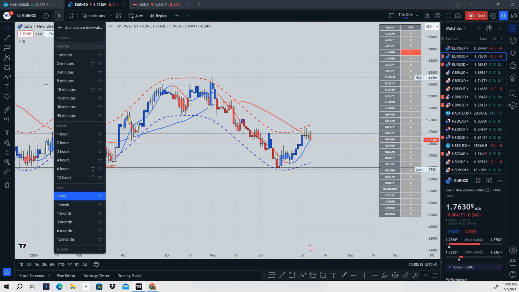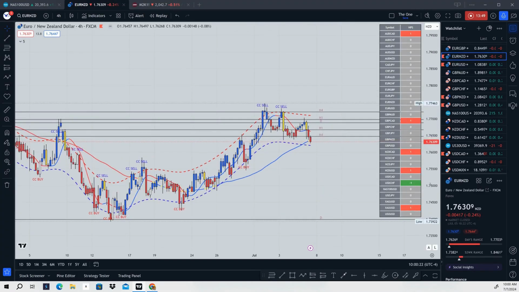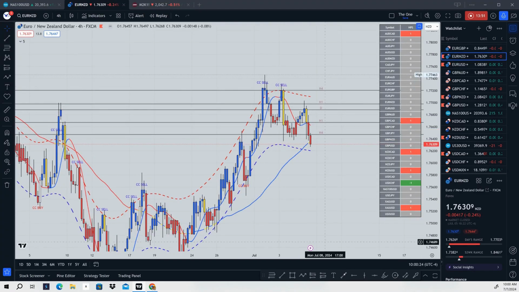We can also see that on the 4-hour time frame. Okay. On the 4-hour time frame, we had a double top. Mark it off. We had an M pattern, a reversal pattern. Okay. Price came back up to retest this area, and now we're dropping off. Okay. So now we're just looking for price to continue lower. Price is going to do a pullback. On this pullback, when price pulls back, we can look to take a sell for Euro NZD to